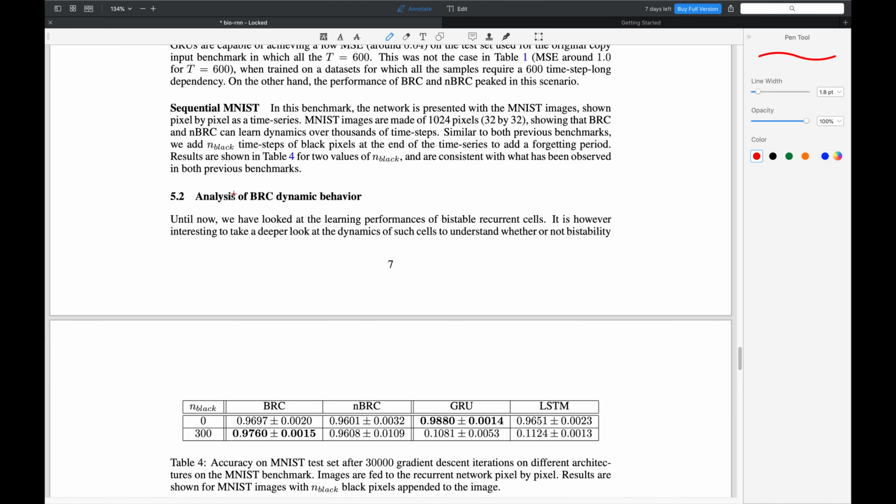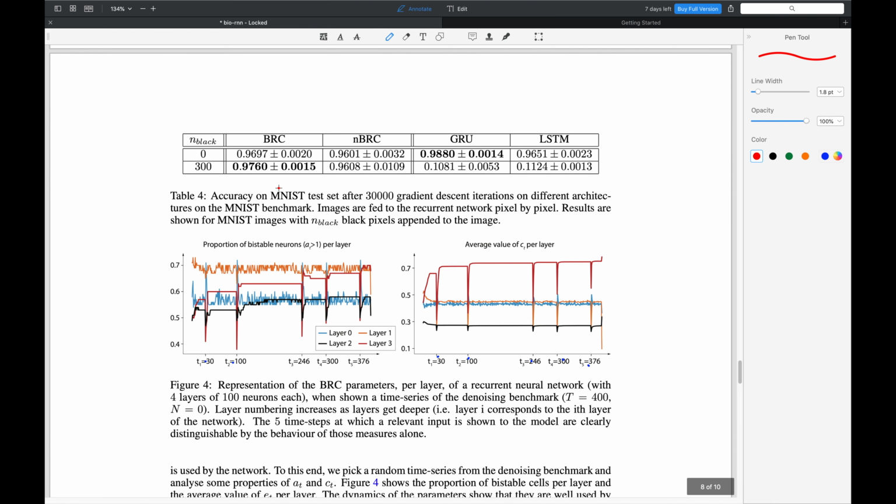Next, the authors did an analysis of the BRC dynamic behavior. On the task of the denoising benchmark, where the network has to memorize the values at these timestamps, they visualized the proportion of bistable neurons where the value of A was bigger than 1, and they also visualized the average value of C. What they mean by layer here is that in recurrent cells, you can stack multiple cells together to create a stacked RNN or multi-layer RNN. So they stacked BRCs together to make the network deeper, and they visualized these values for each of the layers. Now let's focus on layer 3,